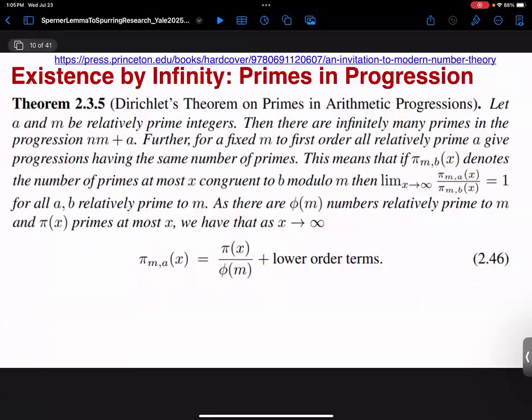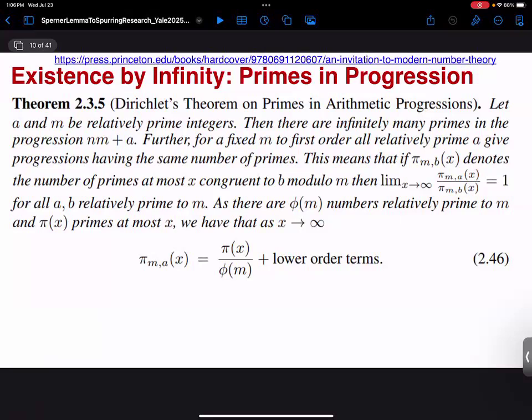Okay. How many of you have seen Dirichlet's theorem for primes in arithmetic progression? Okay, beautiful, beautiful theorem. So take two integers a and b that have to be relatively prime. And as long as they're relatively prime, there will be infinitely many primes congruent to a mod b. And the method of proof is beautiful,